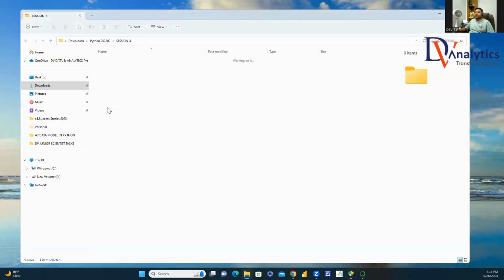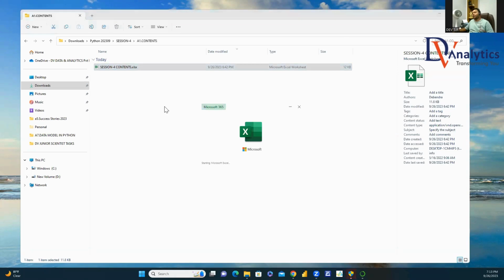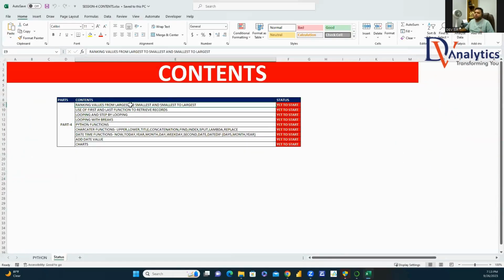So guys, we're going to start with session 4 in Python. The content is all about advanced programming in Python, where we're going to learn how to rank data from largest to smallest, smallest to largest, use dense ranking, make the cumulative sum, select the first and last record, and make looping and looping with